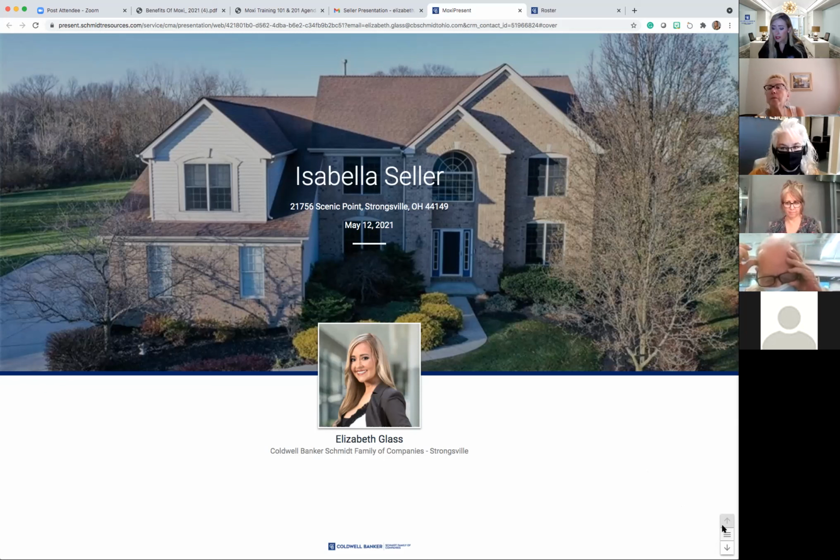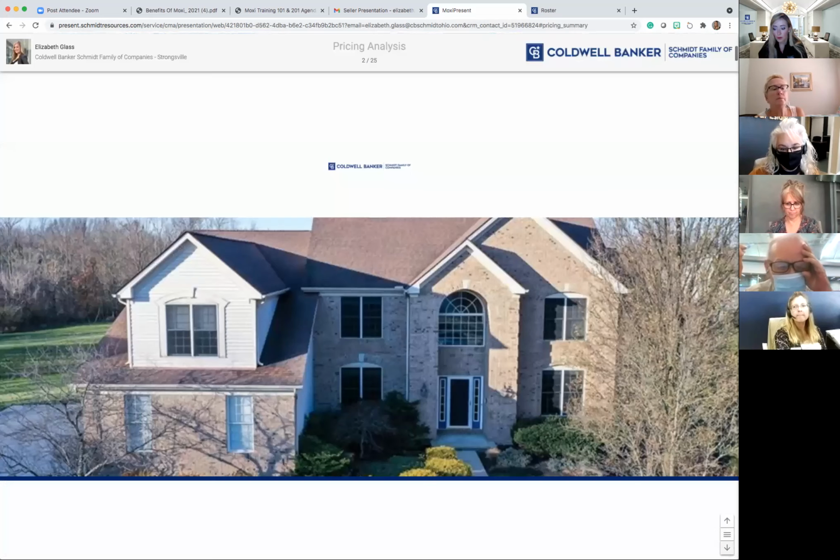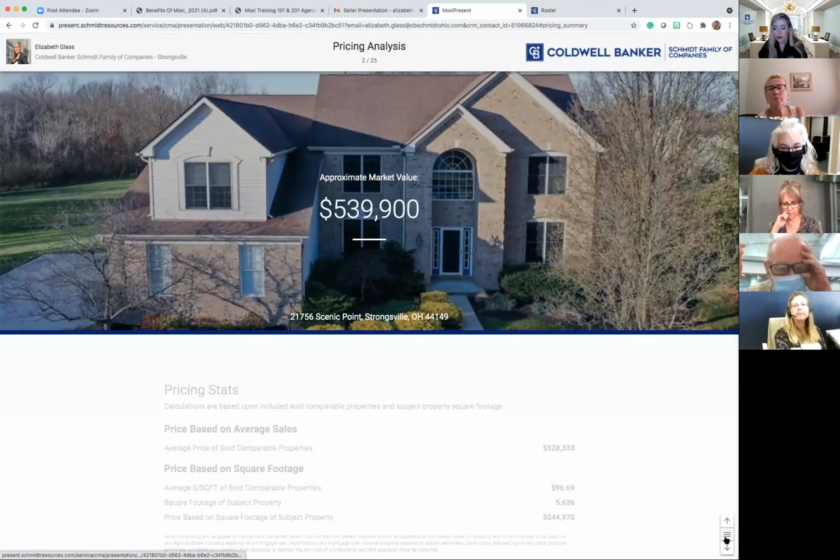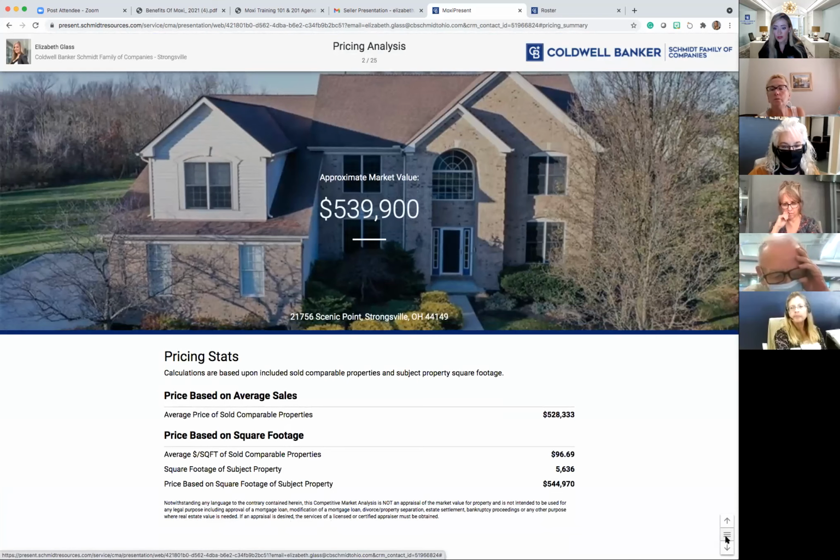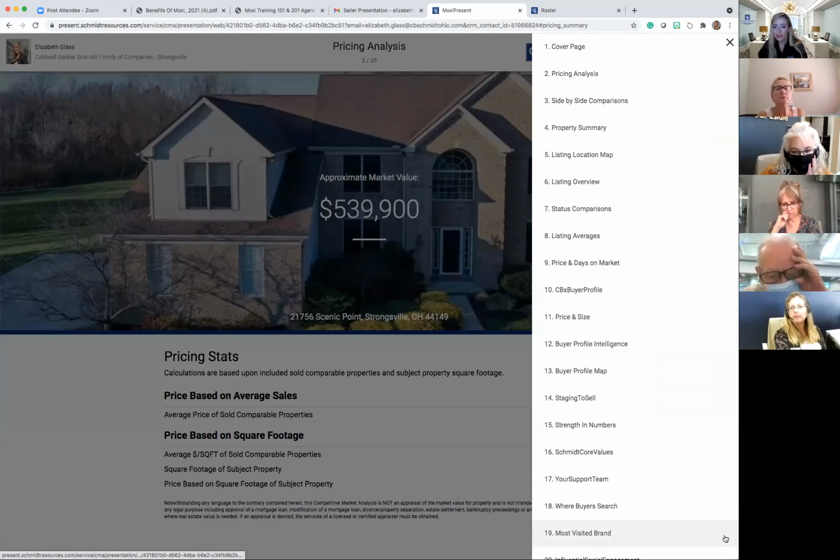So clearly, the up arrow is going to be to go up. The down arrow is going to be to go down. But what I love is the middle section here, these three lines. What it does is it gives you each page. Why is this great? Because you know very easily you're going to go through and have your listing presentation with